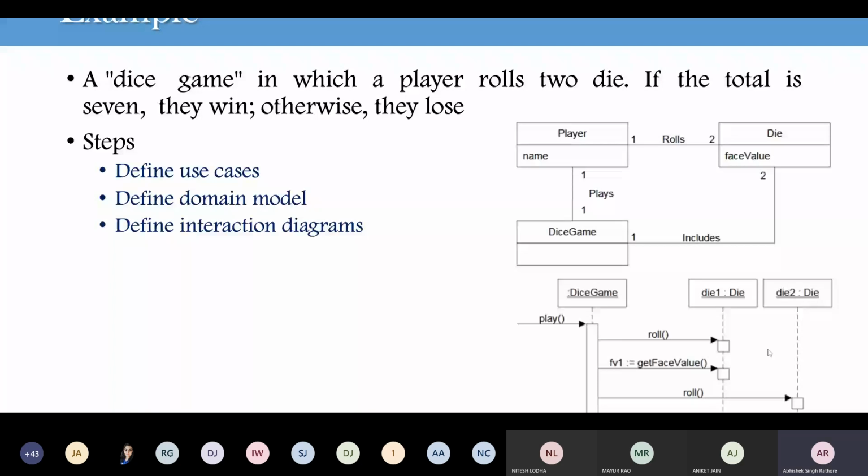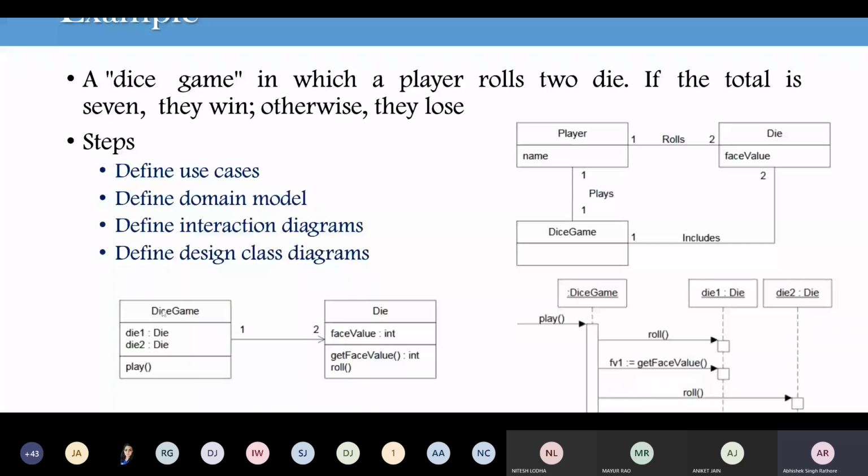After finding the interaction diagram, we finally design our class diagram. So this is our class diagram, the overall structure of your system. In the case of dice, this is our functional diagram, this is our object diagram, and this is a dynamic diagram.